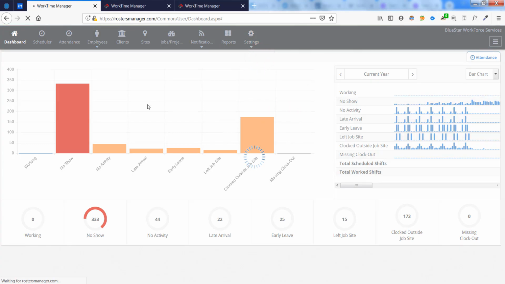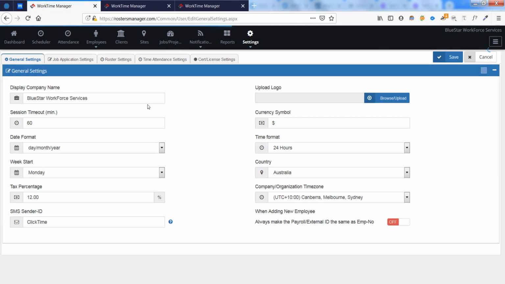So let us click on the setting menu and then we select app setting. As we can see, we have many tabs and pages that we can use to set different areas of our system. Let us first talk and explain the first tab, which is General Setting. On this page, you will be able to set and configure the general setting of the system, such as date